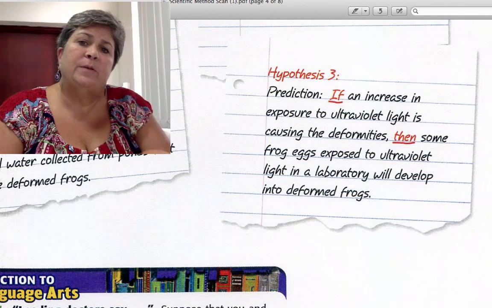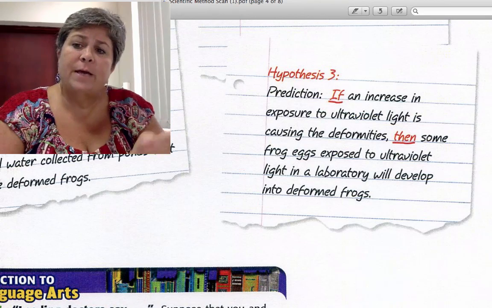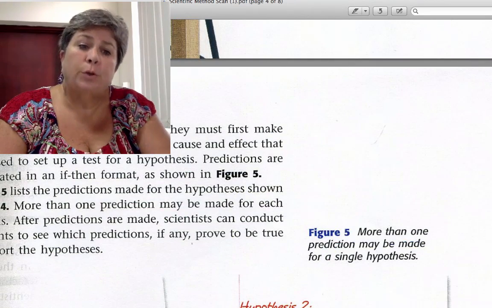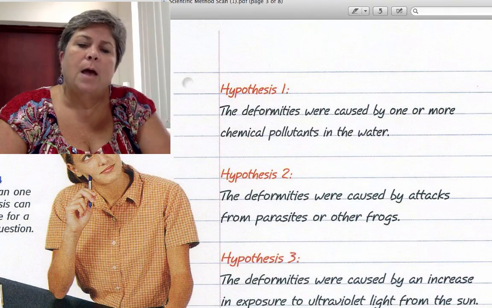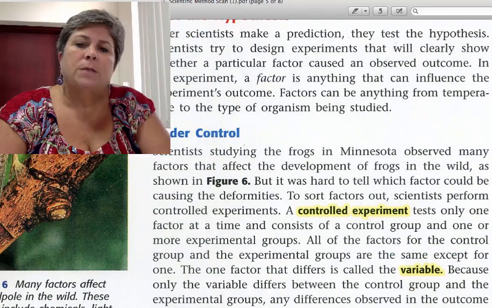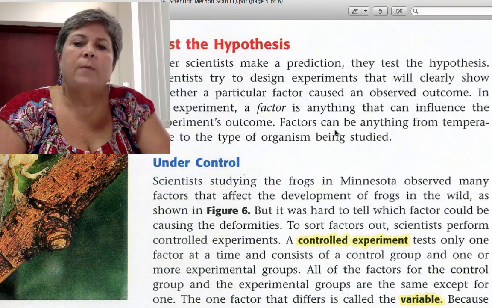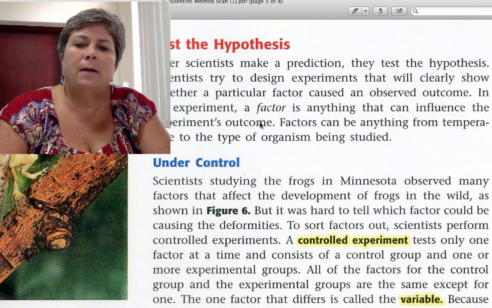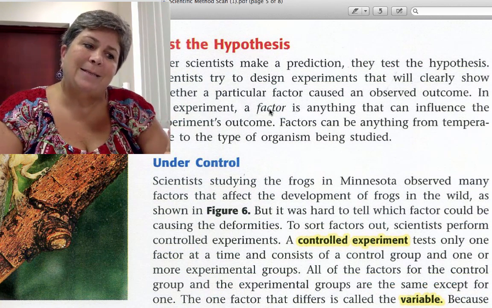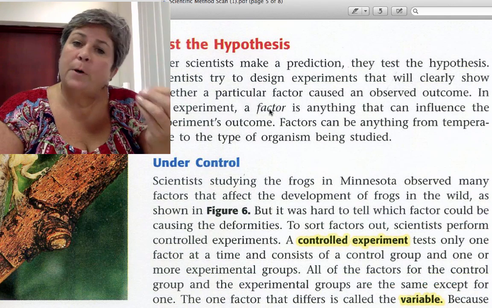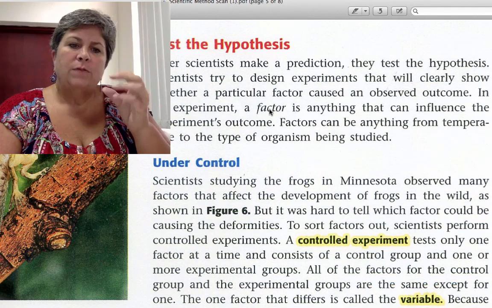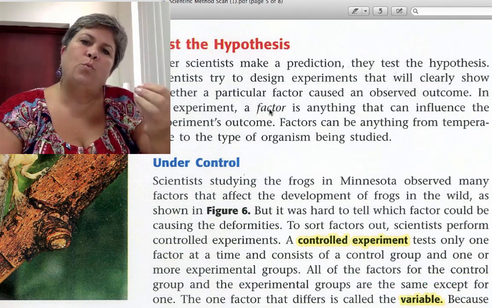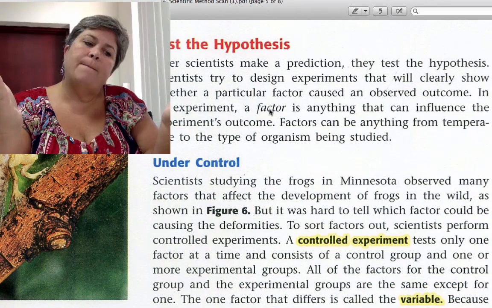Now, all other variables, in other words, all other factors that are involved, have to be controlled. Okay, so we call those, I'm sorry to be doing this on the screen. Let me go back, sorry. So a variable, a factor, is anything that can influence the experiment's outcome. So if you're testing the exposure to UV light hypothesis, then that's the only change that you want in any of your